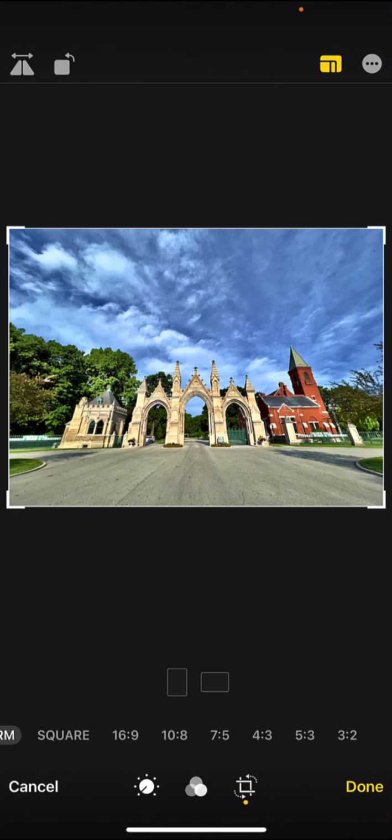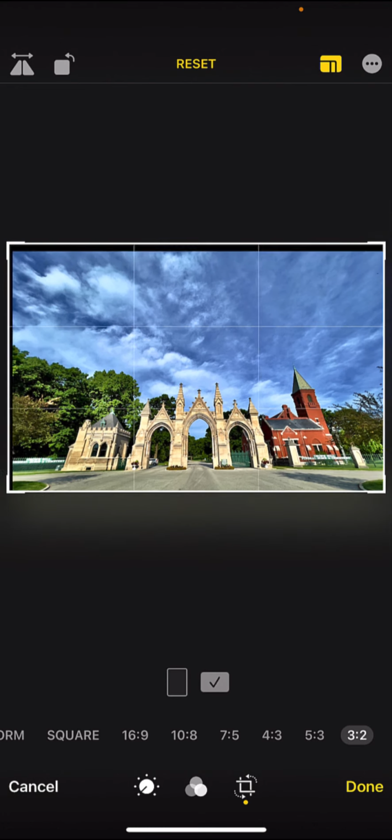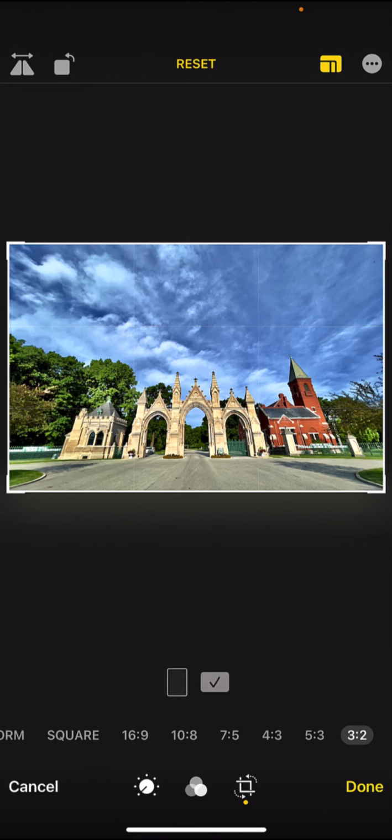And so what I'm going to do is go over here. The aspect ratio on this image is 4:3, which is the default for the iPhone, but I want to choose 3:2. Notice when I do that, it's giving us a 3:2 aspect ratio, and it eliminates some of that pavement